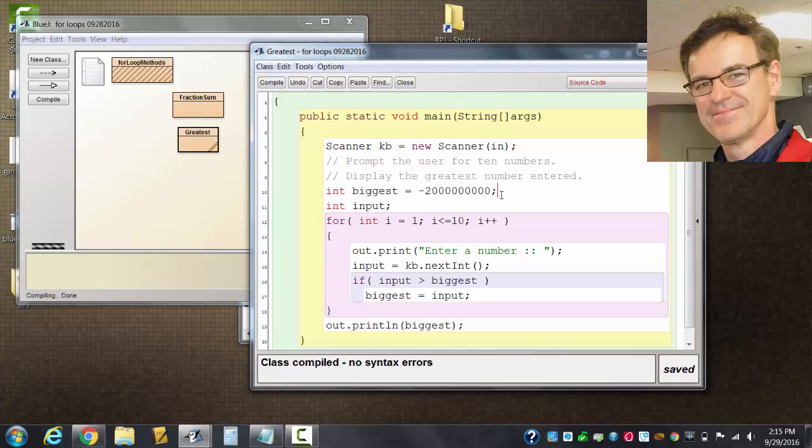You could also make it even better and go Integer dot MIN underscore VALUE, and that's the exact lowest value an int can be. So if you see it in the AP exam, they'll do it like that. Greatest